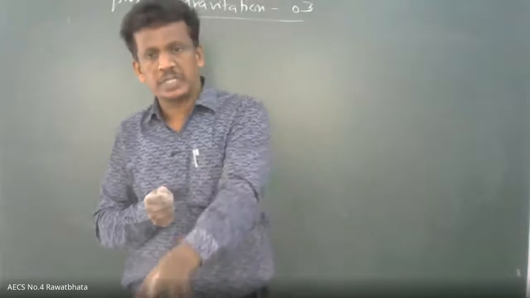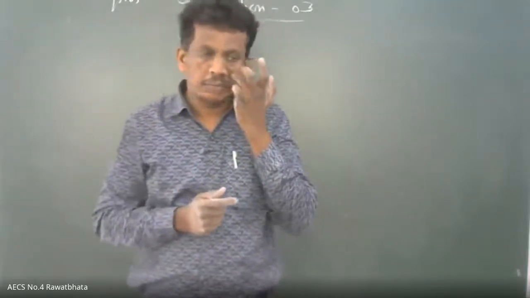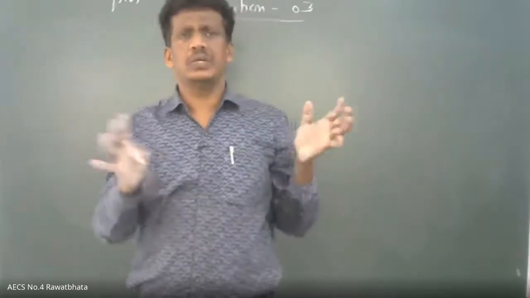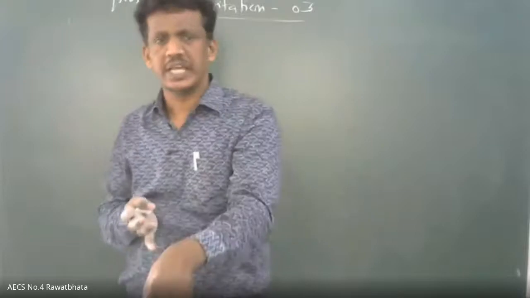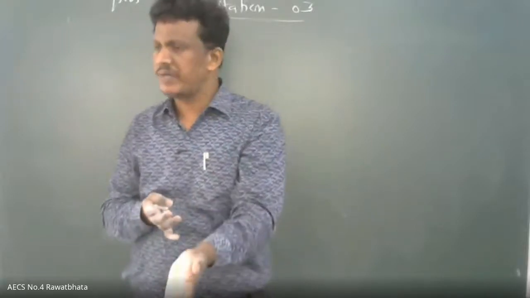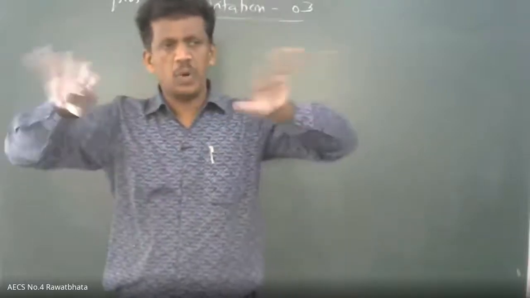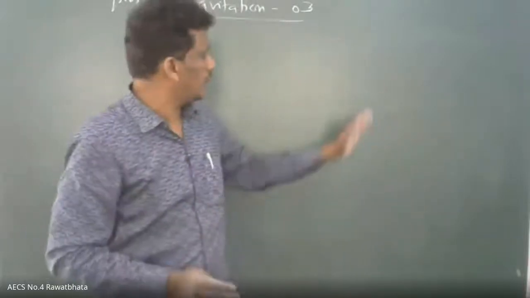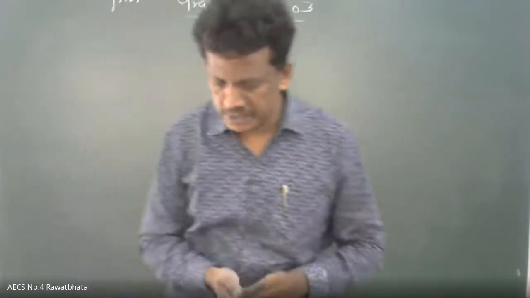When it comes to the center of the earth, what will happen? The g becomes zero. Whether that is possible or not, there are many factors, because once you go inside the earth, the temperature becomes very high. But if you remove other factors, we are calculating what practically happens. Otherwise, we have certain limitations.